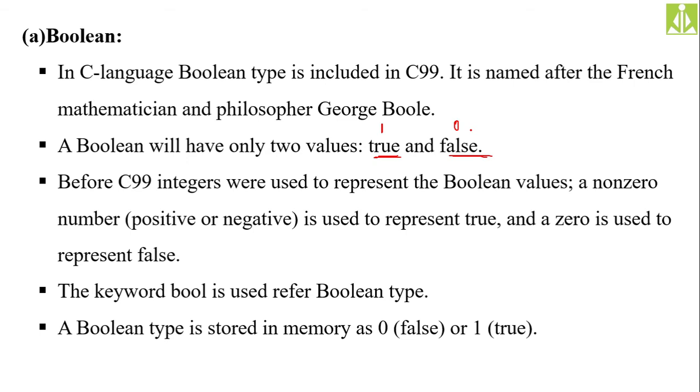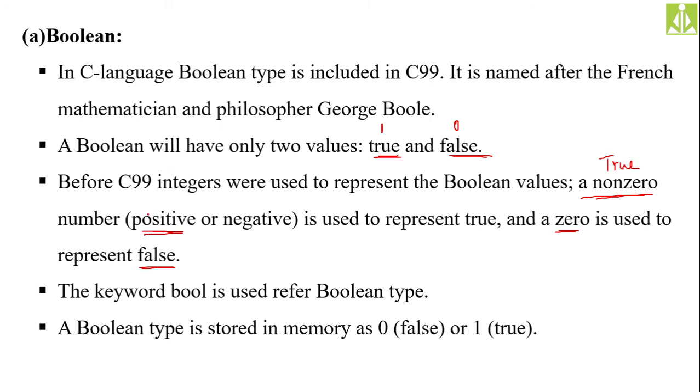Okay, yes, as you know, Booleans have a Boolean type. It was introduced in C99, and before C99, Boolean values were represented using integers only. Any non-zero value represents a true case, and a 0 represents a false case. 0 is used to represent false, and a non-zero value represents true. Hopefully you understood. So after the introduction of the Boolean type, either true or false, or 1 or 0, is used to represent a Boolean value.